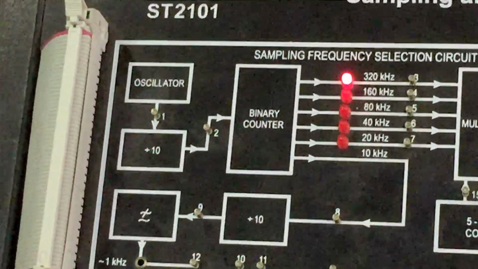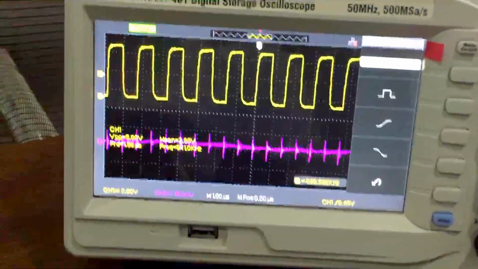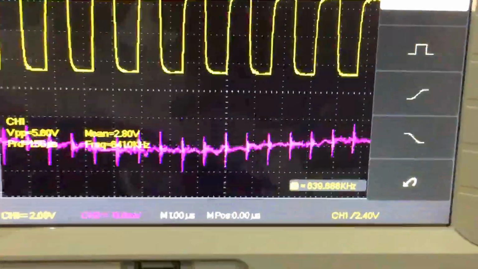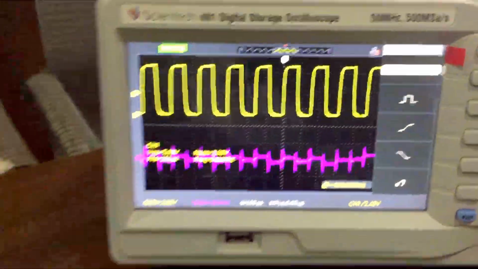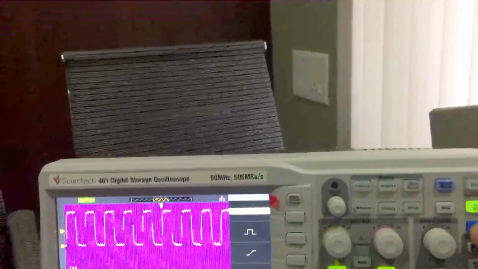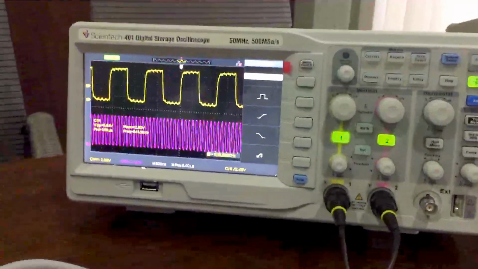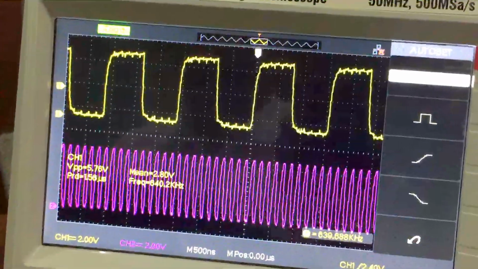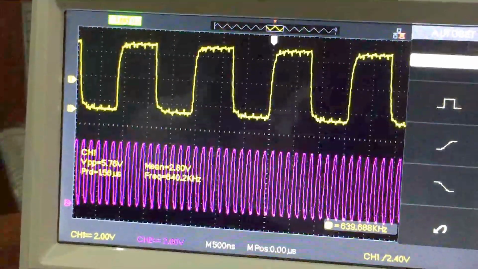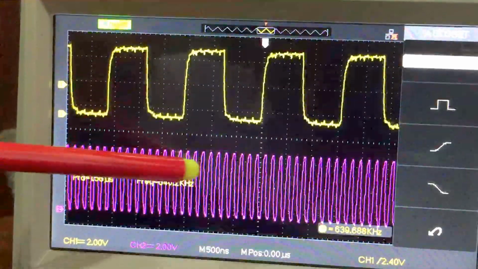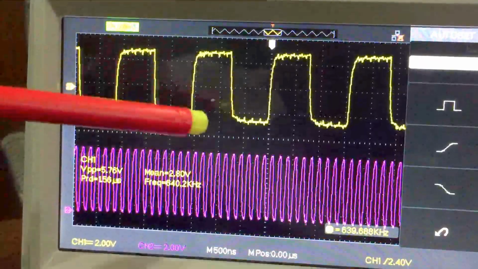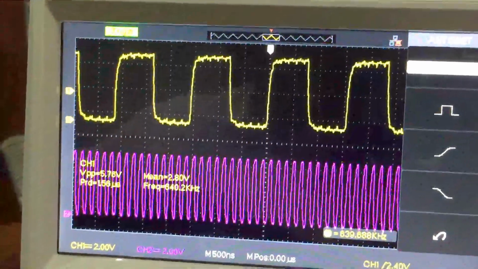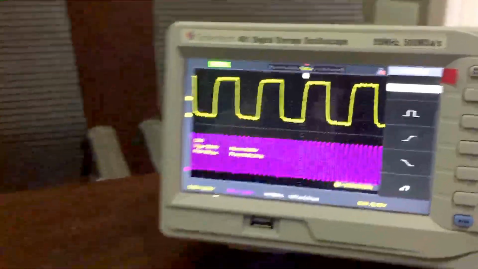When we see this frequency which is divided by 10, it is nearby 640 kilohertz. If we see the divide by 10 function in the dual mode, in one channel we will set our oscillator output, and in another channel we will set our divide by 10 output. Here it is clearly observed that when 10 cycles of my crystal oscillator circuit are finished, one cycle of my divide by 10 network is finished. So this is frequency divide by 10.